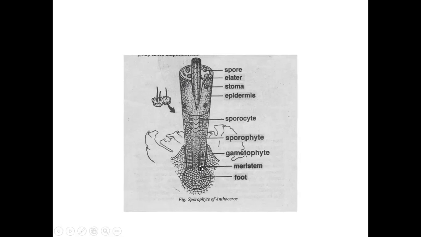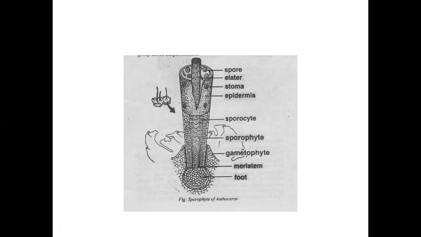So when we talk about this capsule, it has the outermost layer, which is the epidermal layer, and it also has the cuticle surrounding it. Below that is the parenchymatous tissue, which consists of chloroplasts performing photosynthesis. And the basal cells of the capsule region are meristematic in origin. So as a result, the capsule will keep on growing. And the central region is called the columella, playing the role of